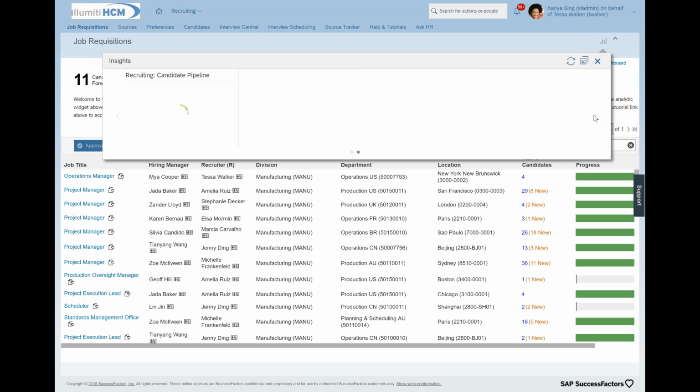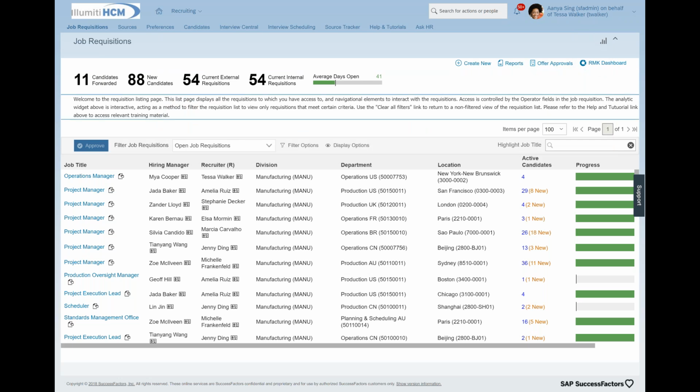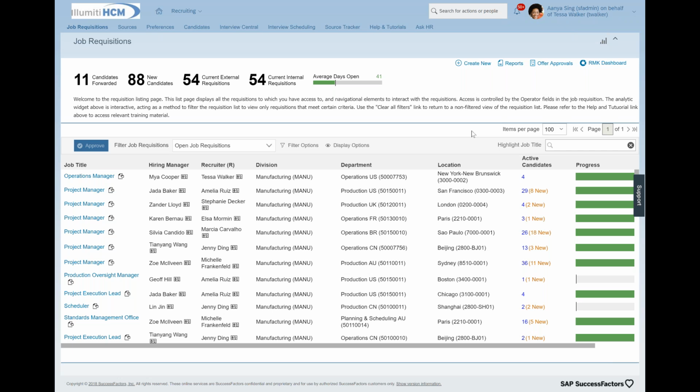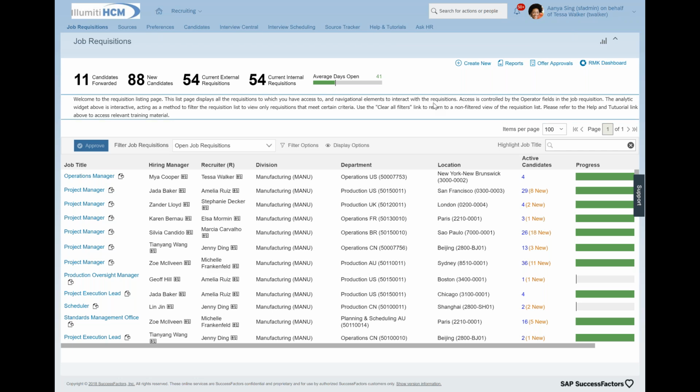And as we scroll over, we see 2 additional dashboards, recruiting pipeline. There's actually a little library of those dashboard tiles. And during system requirements, we go in and look to see which tiles or dashboards make the most sense and put them into these little analytics pieces. I can also take any of those tiles and put them right on the home page so that when Tessa logs in, she's instantly able to see those visual pieces of information.